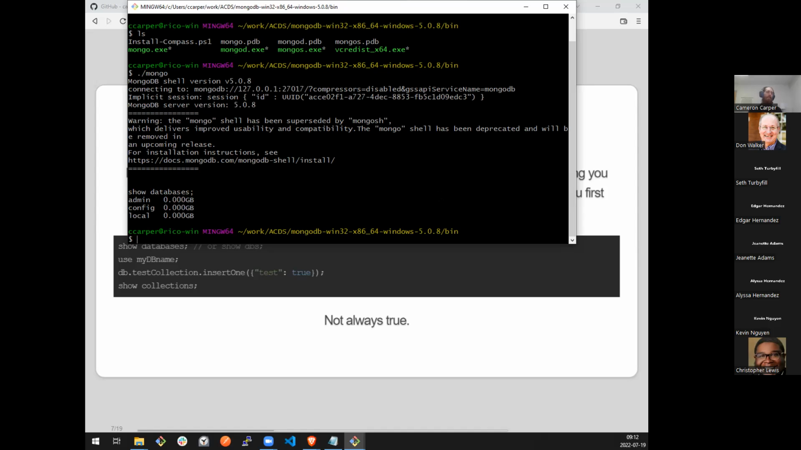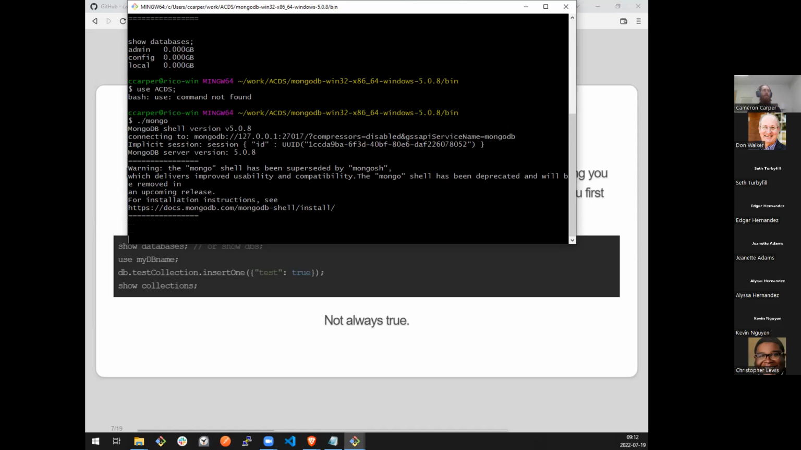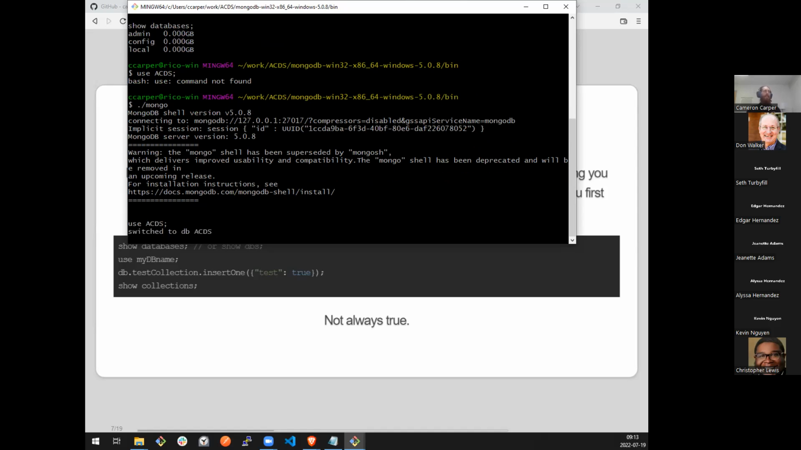Second, it is configured to automatically create databases and collections whenever we use them. That is probably going to be a very foreign concept to anyone who's used to relational databases. Once I'm in Mongo, I can say use ACDS, and it has switched to a database named ACDS. I never created that. I just said, hey, I want to use this database. And the potentially even more odd thing is if I say show databases,